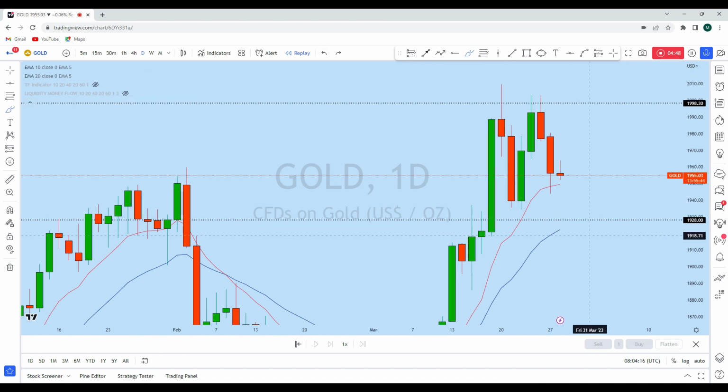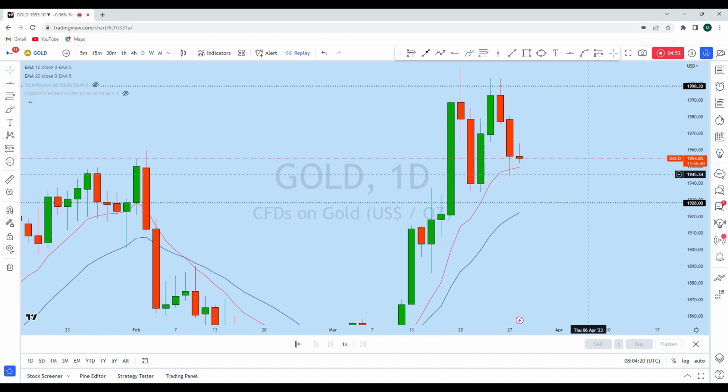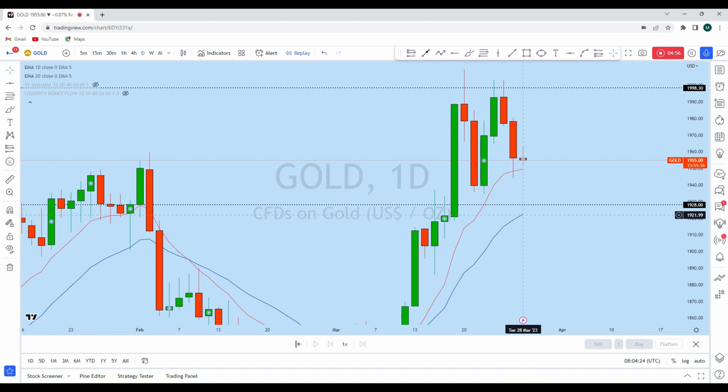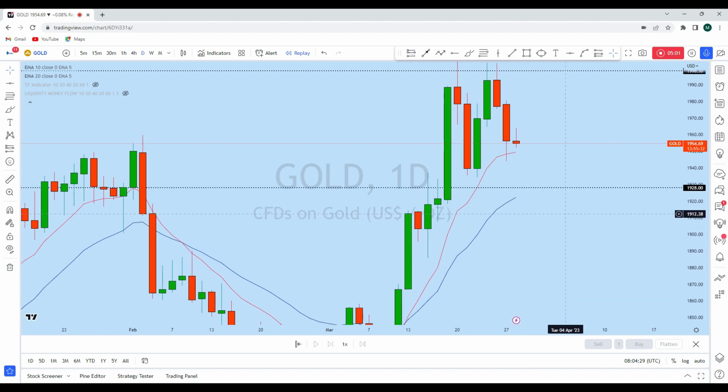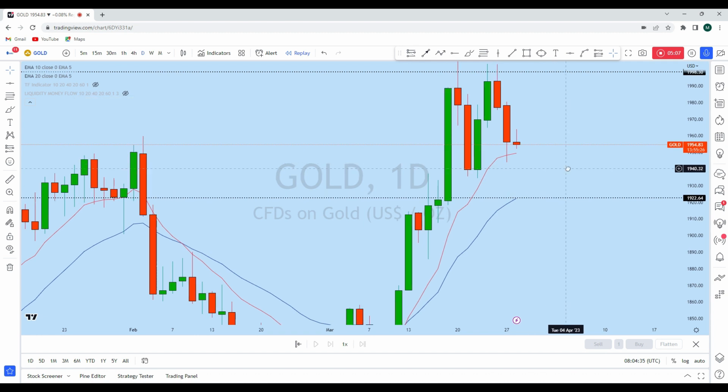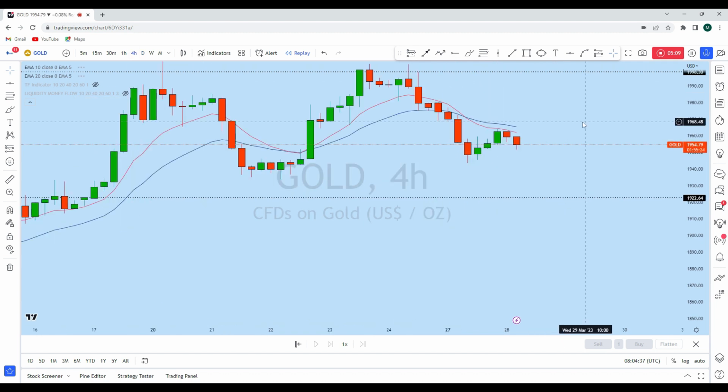which is the daily 20 EMA. What I think is that later today, or even tomorrow, gold is continuing to drop to this daily 20 EMA, as this level is a very high liquidity area, and at least we can expect gold to drop to this level. If we draw this level here and look at the lower time frame for an entry opportunity,